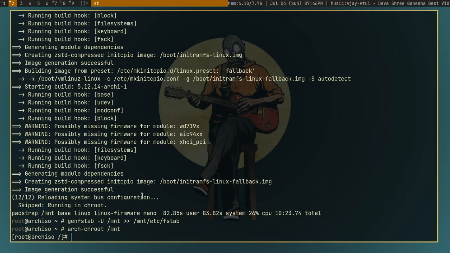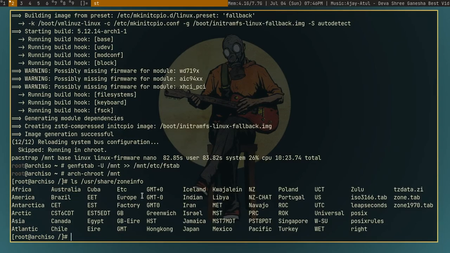To do that you can just type ls and then /usr/share/zoneinfo. Hit enter. Now you can see a lot of things come out. You can just go to the specific place where you live.